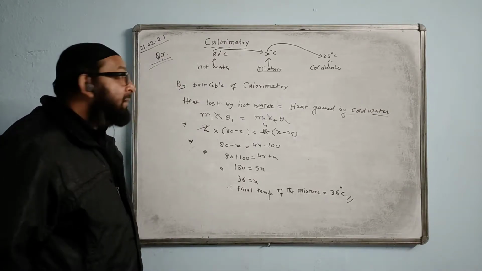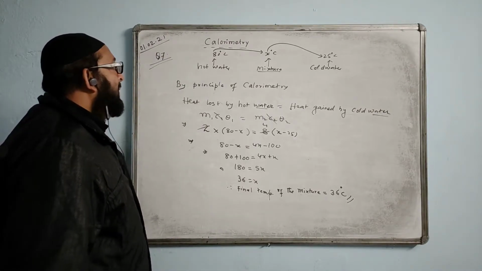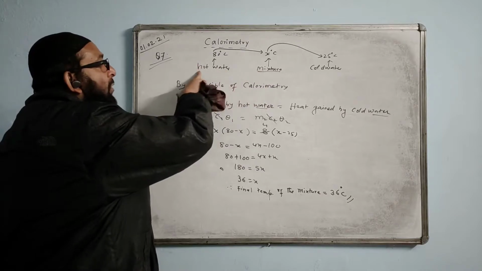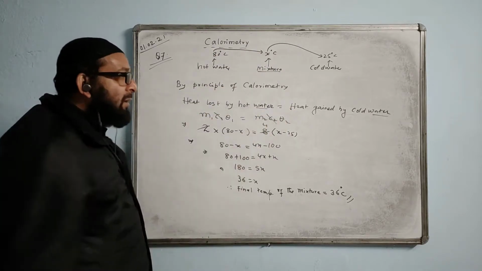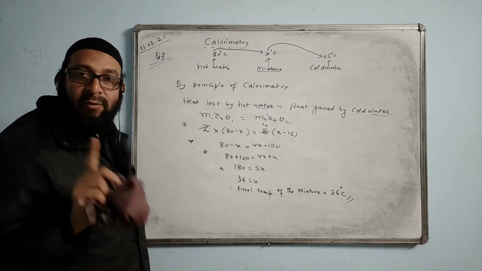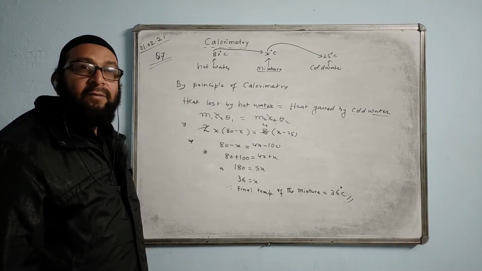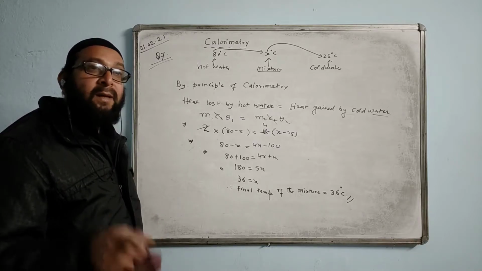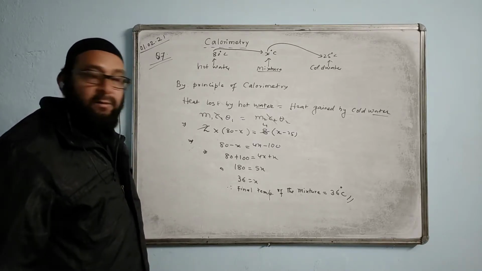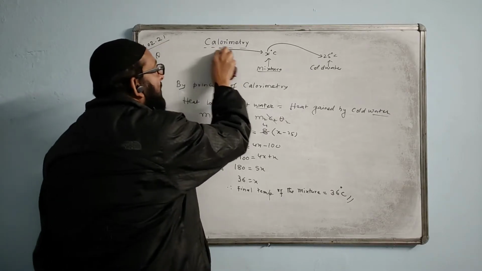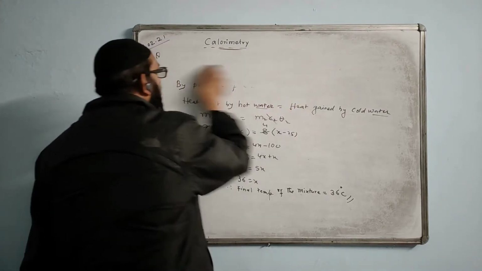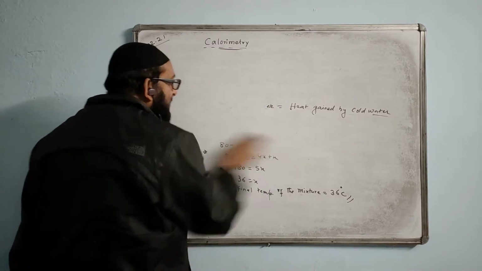Is it okay? Tell me. The mixture will always be kept in between hot and cold, and then we write the value of temperature only, and then we make the equation. In the equation, one thing will be unknown, and we are finding the value of that, and the question must be asking exactly that. Okay, now we are doing the next question, question number 8. I will send those notes later.